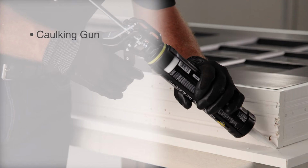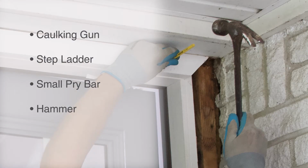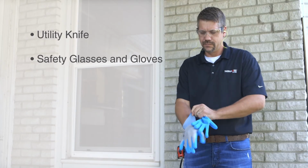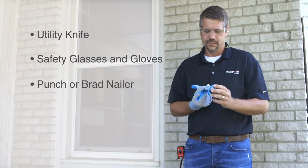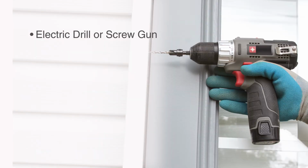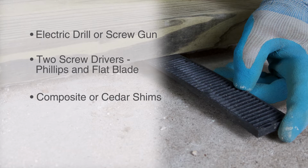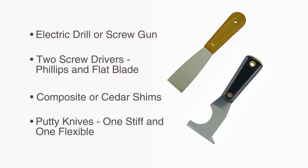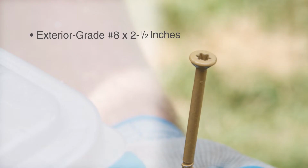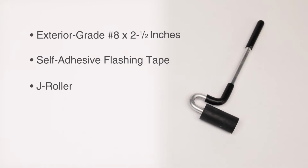A caulking gun, a stepladder, a small pry bar, a hammer, a utility knife, safety glasses and gloves, a punch or brad nailer, tin snips, an electric drill or screw gun, 2 screwdrivers, 1 Phillips and 1 flat blade, composite or cedar shims, putty knives, 1 stiff, 1 flexible, exterior grade number 8 2.5-inch screws, self-adhesive flashing tape, a J-roller,